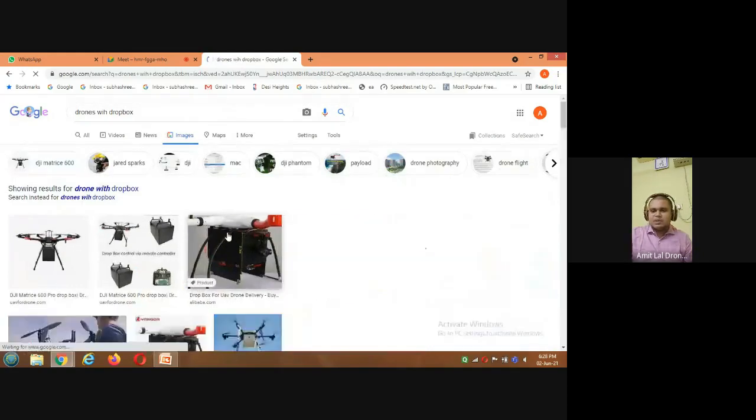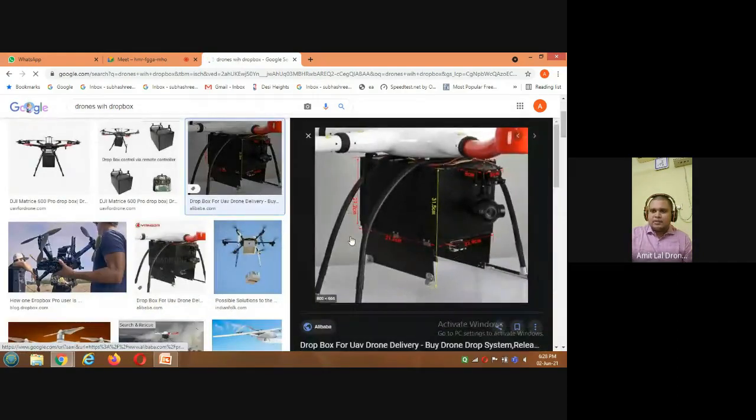So you see these drones, they have a drop box. What a drop box can do is take something like a payload, maybe a bomb, but that is not a thing that we should be talking about. So maybe something like a delivery package, maybe medicines, maybe food, maybe any other thing that can be transported. And then these drop boxes carry the payload.